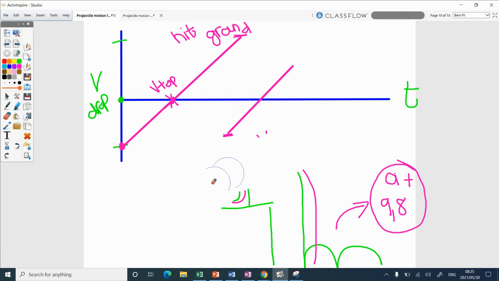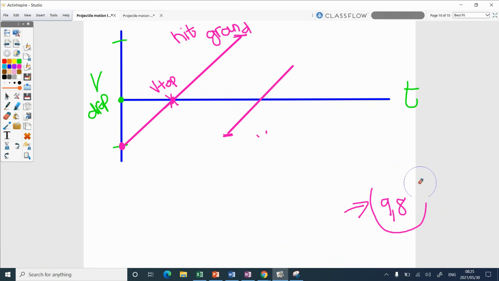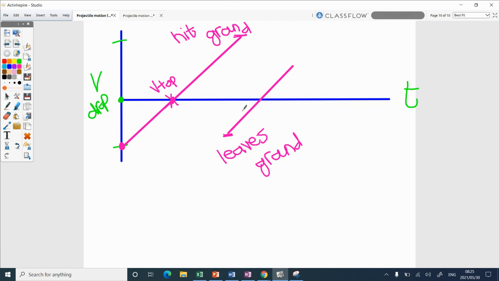So all of these will always look like this. They will always be straight lines. And when we look at the past paper questions, you will see they're always parallel lines to each other. This is going to be where it leaves the ground. This again is V top. This again is when it hits the ground. Now what you need to realize is, this is the second hit. Sometimes the questions say, how high did it go after the second bounce? Then you must just know, this is where it reached.